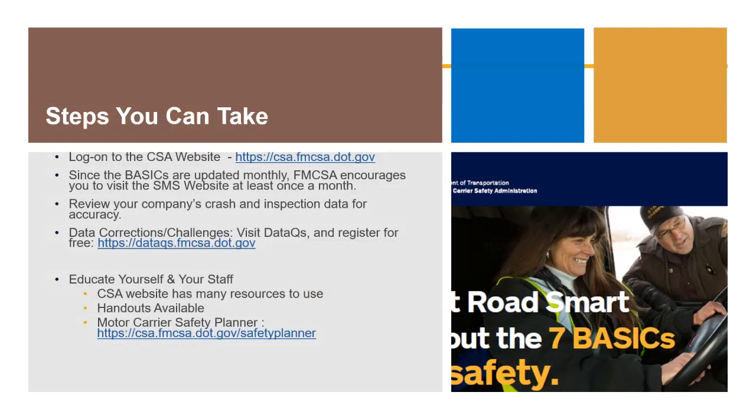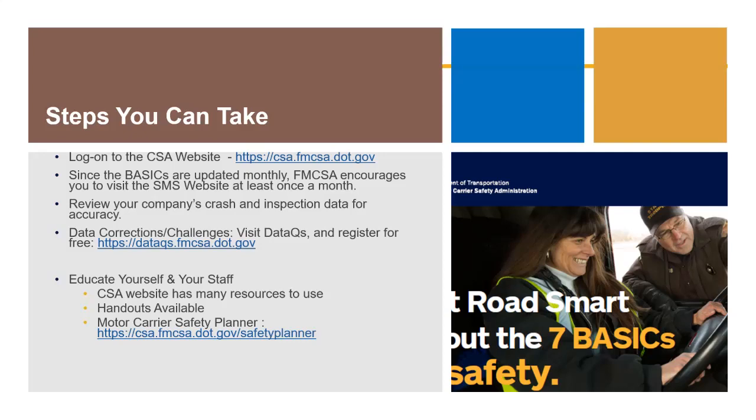So do go to the CSA website. It's on your screen now, fmcsa.dot.gov. That's the website to go to where you can begin to look at your information, log on to the secure site, and start breaking down your data. One of the neat abilities of CSA is that you can print some of that information and put it in front of people so they can actually see the data themselves when you want to share it with them.